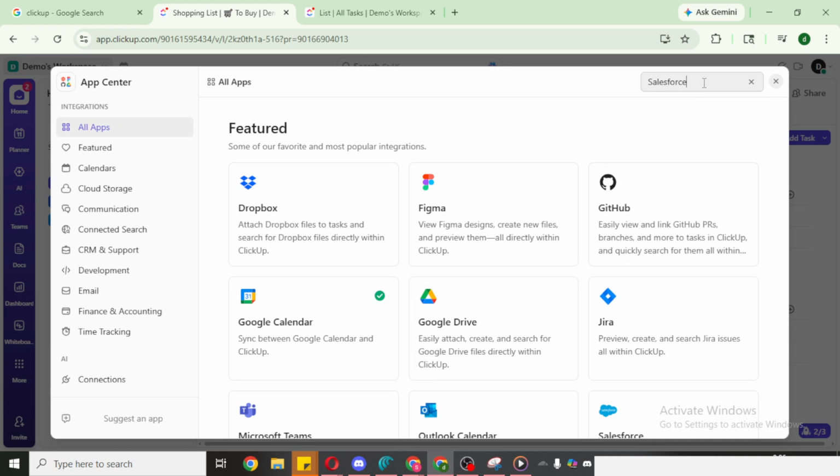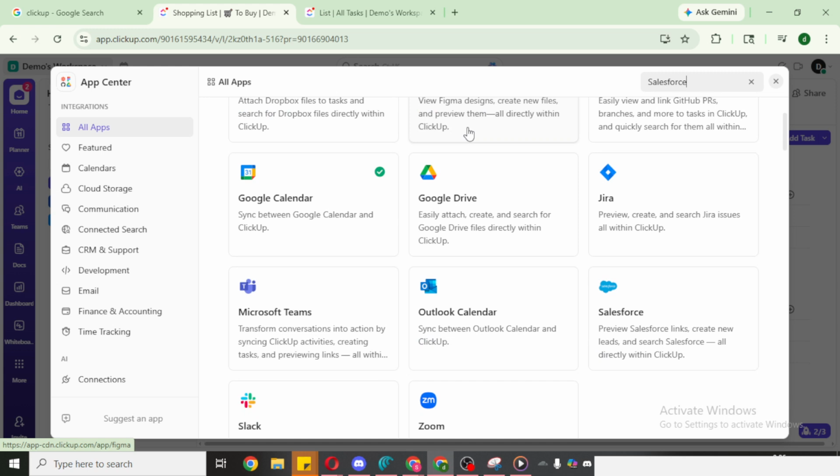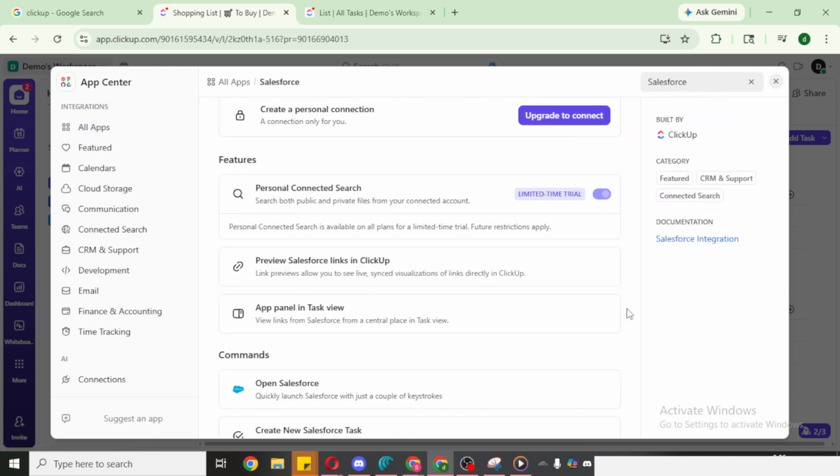That may involve signing into Salesforce, granting permission for data access, and confirming the workspace that will use the integration. If you work with multiple Salesforce environments, you might be prompted to choose production or sandbox. Continue through each screen carefully, reviewing what data types or objects you're allowing, such as tasks, opportunities, or accounts, as